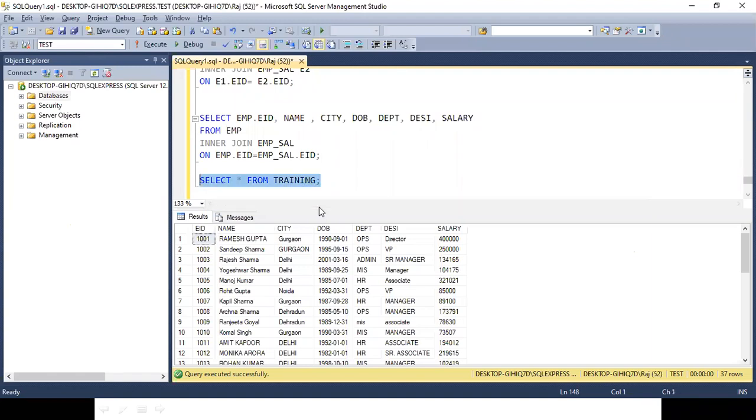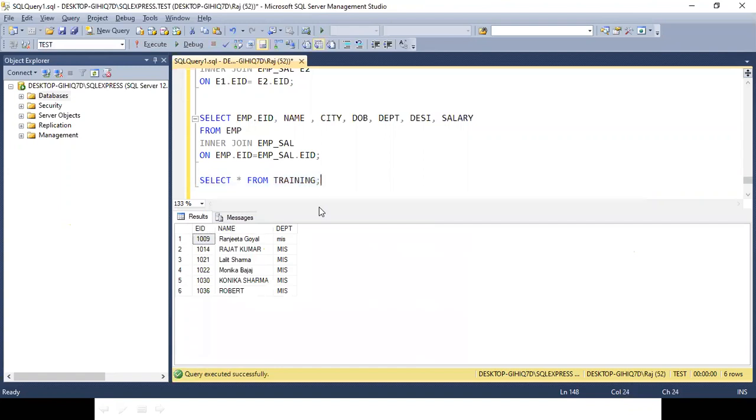Okay. I have one more table that is known as training, in which I have the employee ID, name and department, but this is available in the other tables: name and department, salary, city.